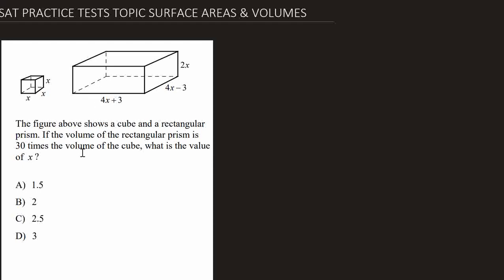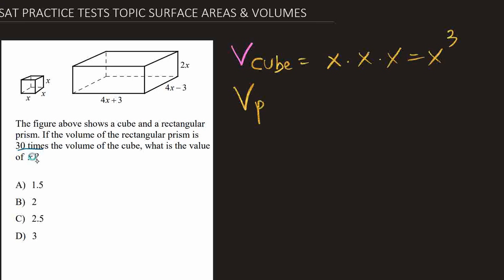So the keyword in here is volume of prism is 30 times of the cube. So volume of the cube is x times x times x. As we know, volume of cube is side times side times side. So x times x times x is equal to x cubed. While volume of prism